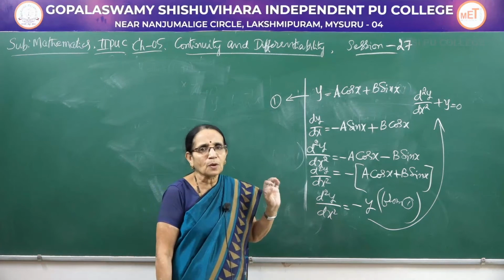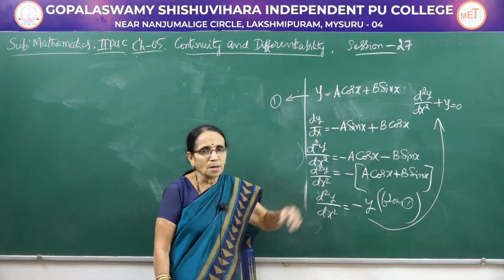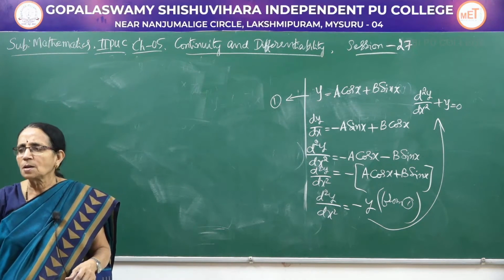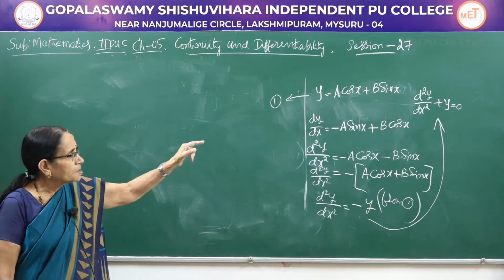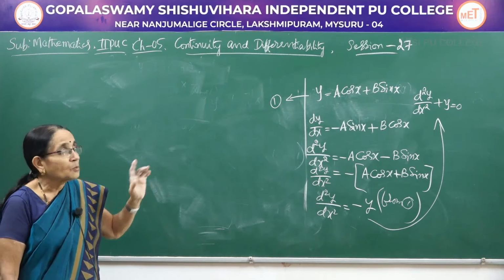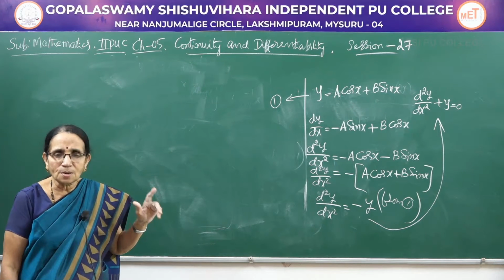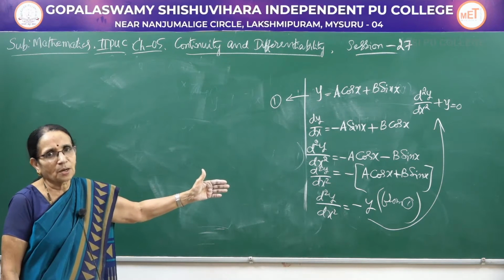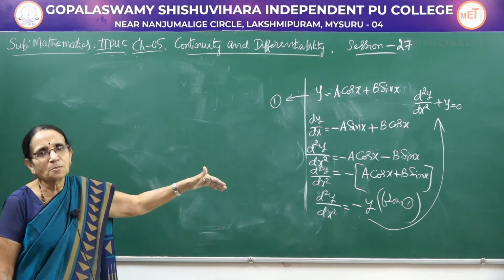If they simply ask you to find d square y by dx square, you differentiate 2 times and keep the answer as it is. Now I told you already, in the place of a and b, suppose some numbers are given like 3, 4, 5 or that second term may be negative, whatever it may be, the result that is expected would be the same, that is d square y by dx square plus y. Because when you are having cos and sine functions, not for other functions, when you differentiate 2 times, you will always get back the original function, because cos becomes minus sine, sine becomes cos, sine becomes plus cos, cos x becomes minus sine x.